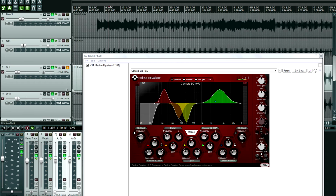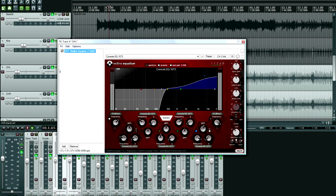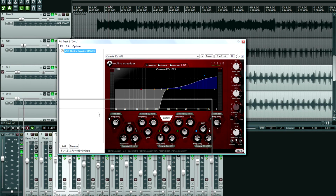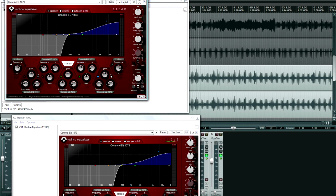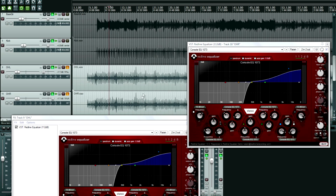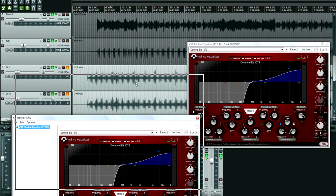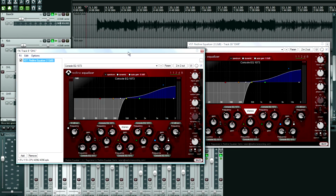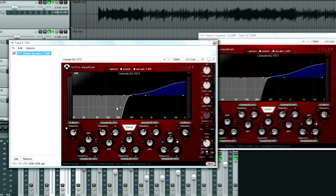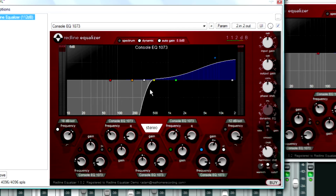Okay, so overhead mics. I'll just solo both of these. Yeah, so basically I just high passed it. The settings are the same on both. That's typically what I do. So I'll just close this out, but I wanted to show you that they were the same. So basically, I put a high pass filter